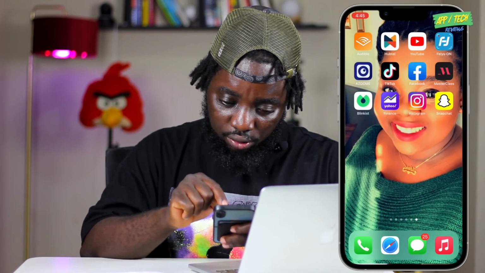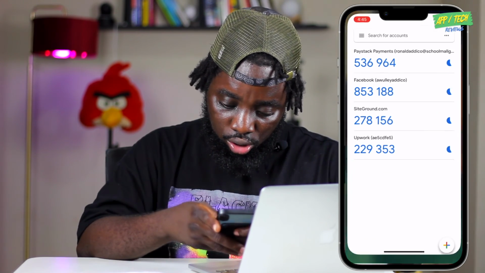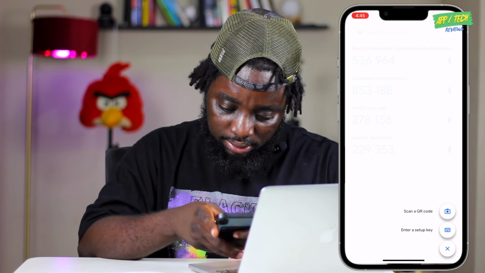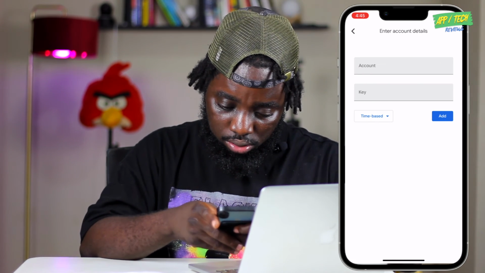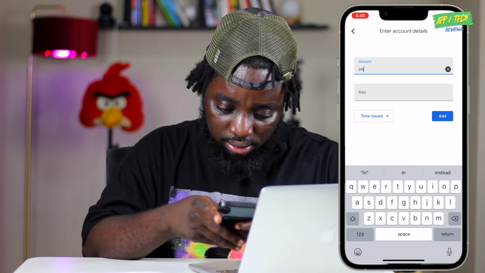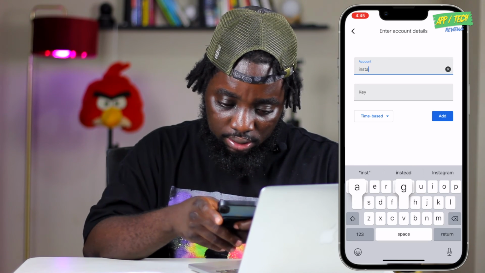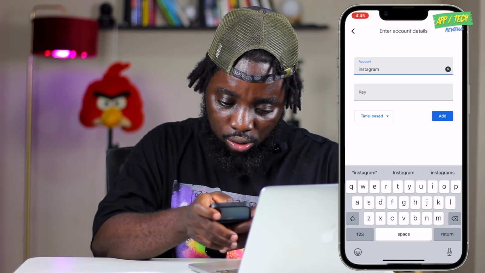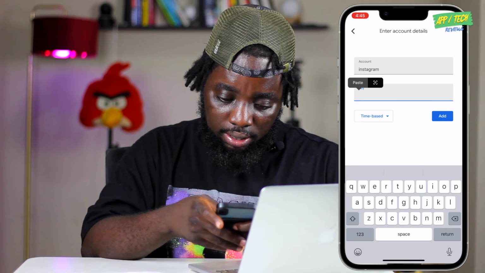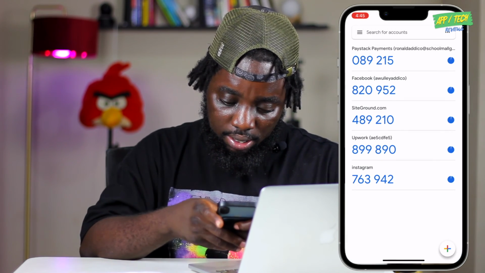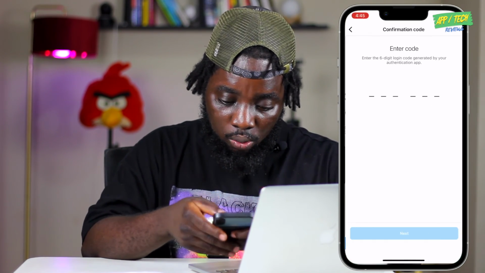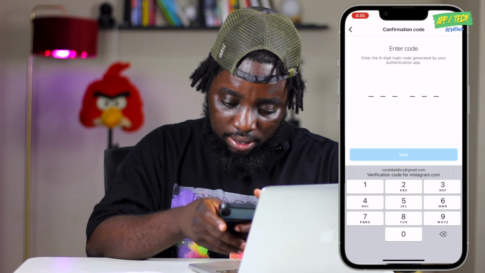Let me quickly go there for you to see. Then you go to add. It says enter a setup key. Account. You enter the account name, that's Instagram, so you can always remember when you see it. Then you enter the key that you copied there, and then you add it. Immediately Instagram will be added to it. Then you come here and then you go to next. Now it works perfectly. Now let's go back and copy the key